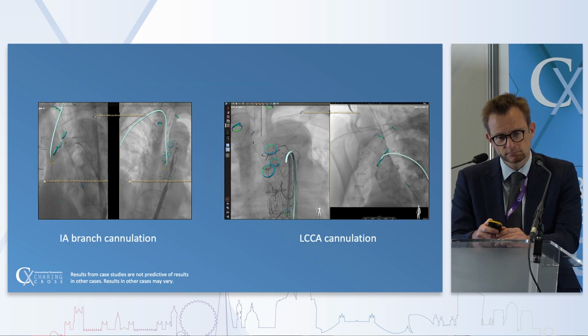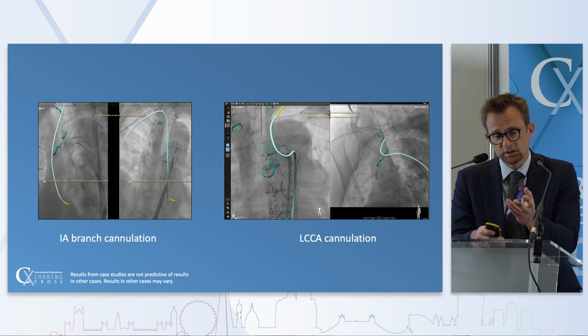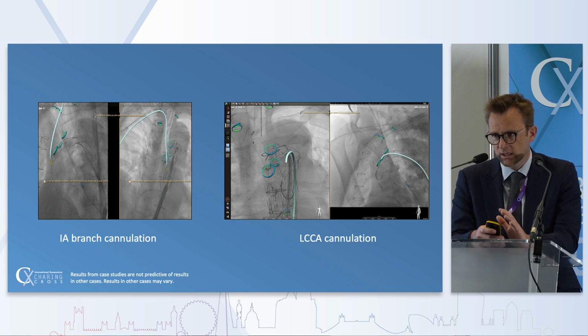And next, look at how helpful it is when it comes to cannulating the supra-aortic trunks. If you take the example of the innominate artery branch cannulation here, it's really convenient to have these multiple views, since you are able to see the position of the wire and catheter in relation to this diamond-shaped valley that leads to the branch, and we were able to do the whole process without any X-ray, using only the LumiGuide technology. And the same was true for the left common carotid artery cannulation from a femoral access, as you can see here,